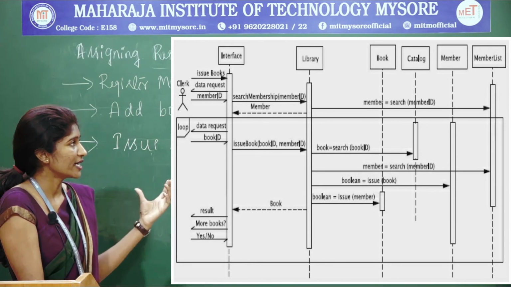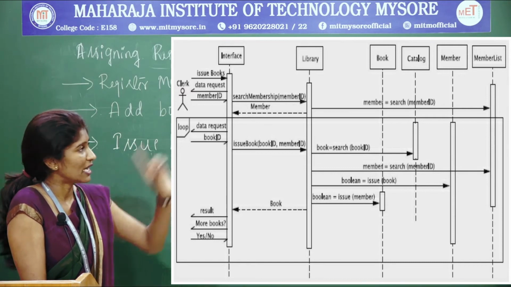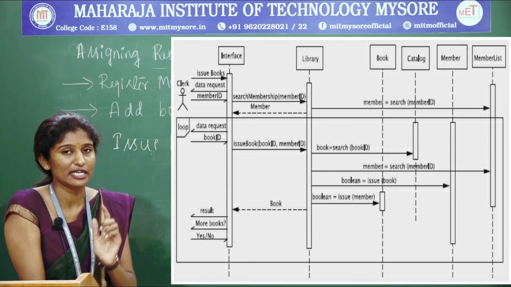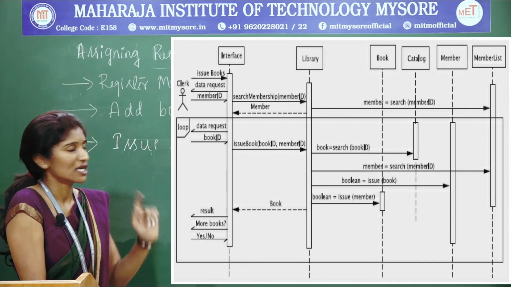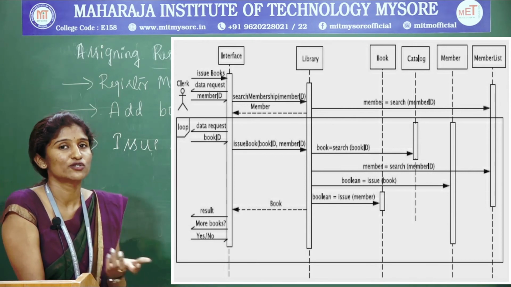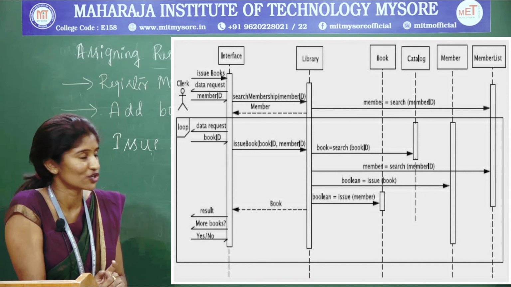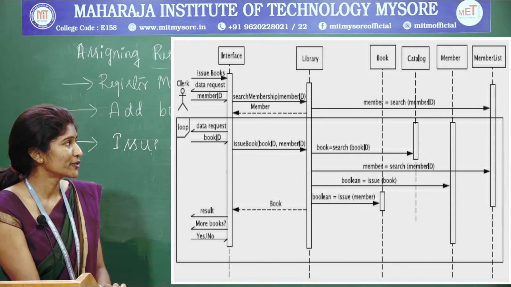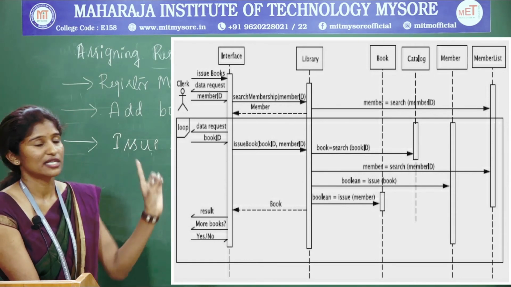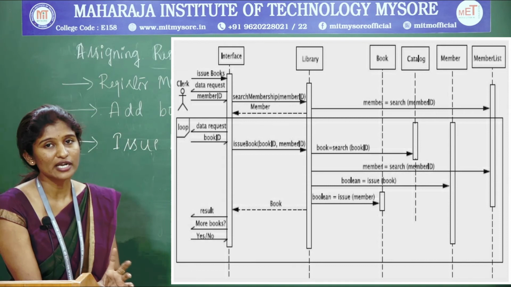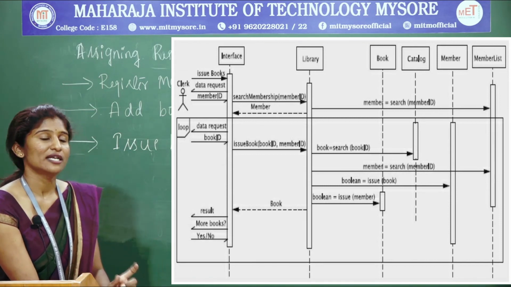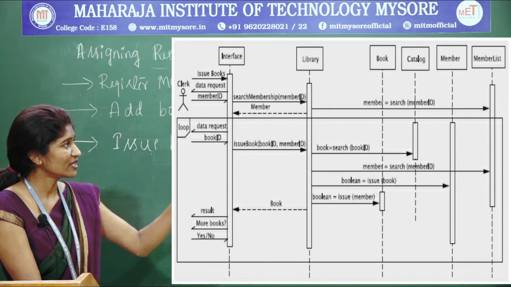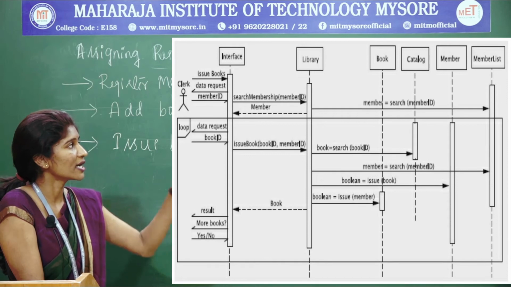After typing the book ID, it is going to check in the book class whether the book is present or not. Through that book ID, it checks internally in the system and returns a Boolean true or false. Soon after that, if that is also okay, it is going to update the member list, the member and even the book. This particular book ID has been issued to the member with that member ID, and everything will be updated in the member list, catalog and the book.